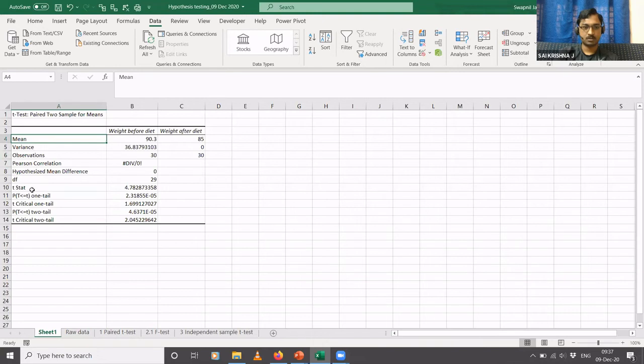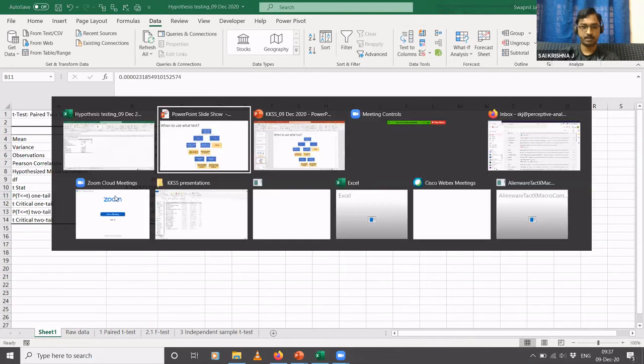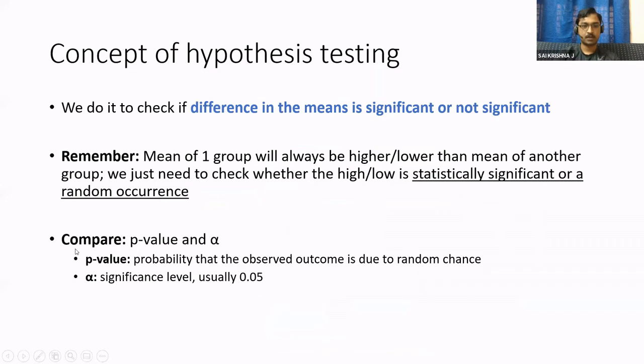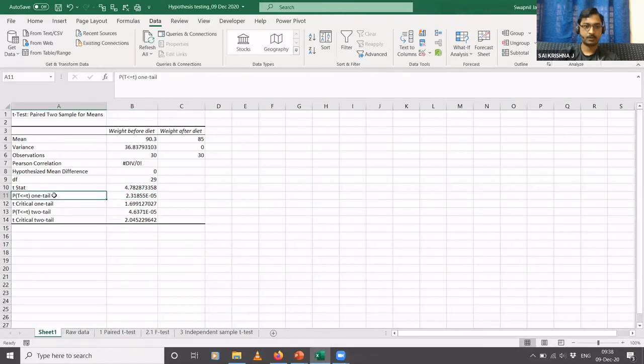So you also have something called t-stat and t-critical. Now these values you usually get when you perform this test using pen and paper. But here in Excel, it just shows you these values as a part of the results. But what we have to note here is, you note this t stat is less than or equal to t critical one-tail, right? So this is what you check. Here, let me just come back to the slide for a moment. Yeah, so after doing the test, we compare this p-value and alpha, right? So what is that p-value? It is what we have here, this P of one-tailed distribution.